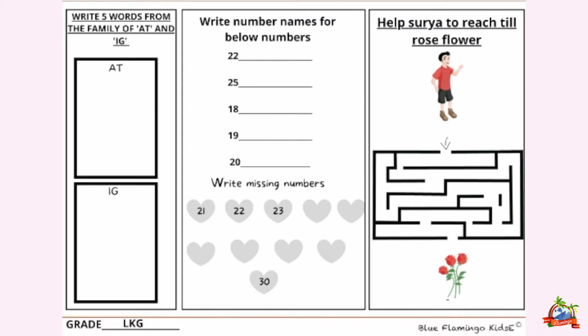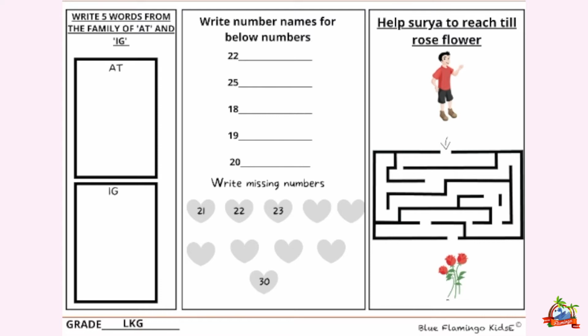A for apple, B for ball, C for cat, D for dog, E for elephant, F for fish, G for grapes, H for hen, I for ice cream, J for joker, K for kite,